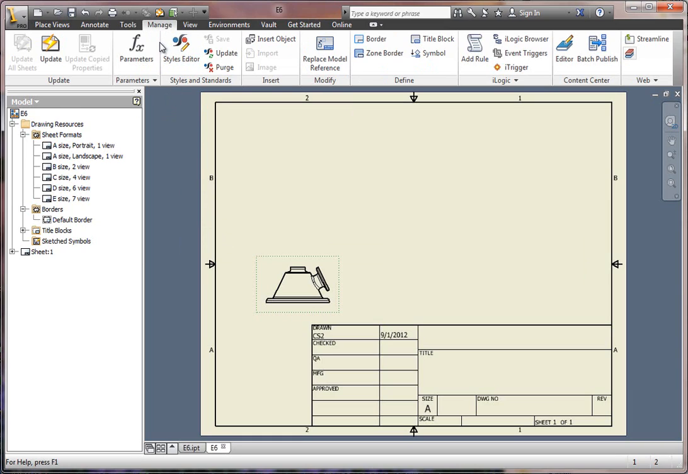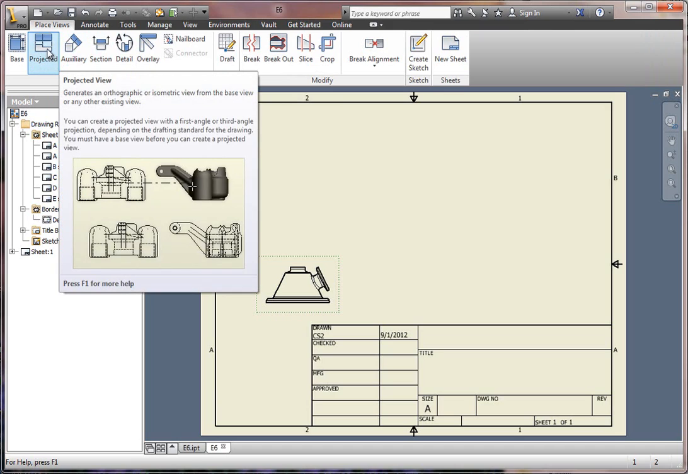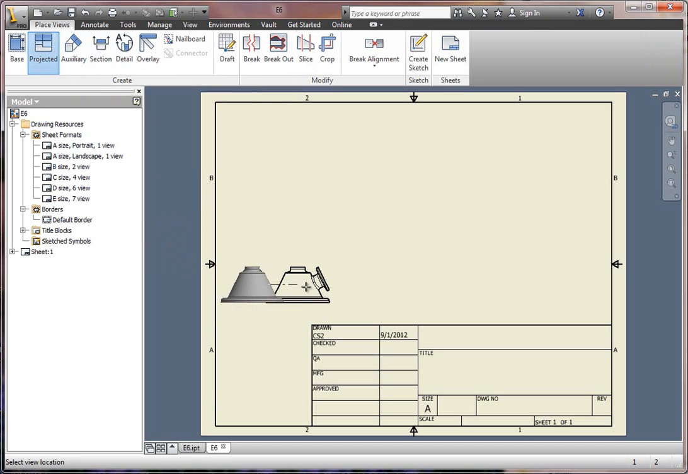So we'll go back to that in a little bit. But for right now, let's go back to place views. And you'll see there's several options. We're just looking for projected. Go ahead and select projected. And now as long as your view was selected there, you should have a projection occurring by moving your pointer